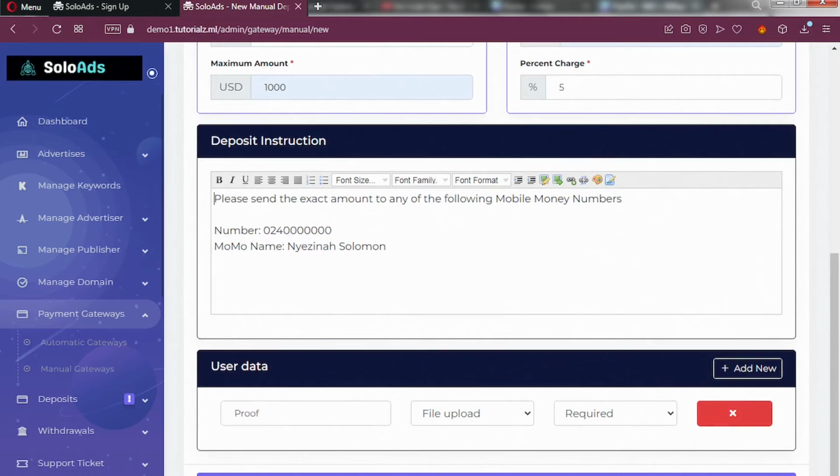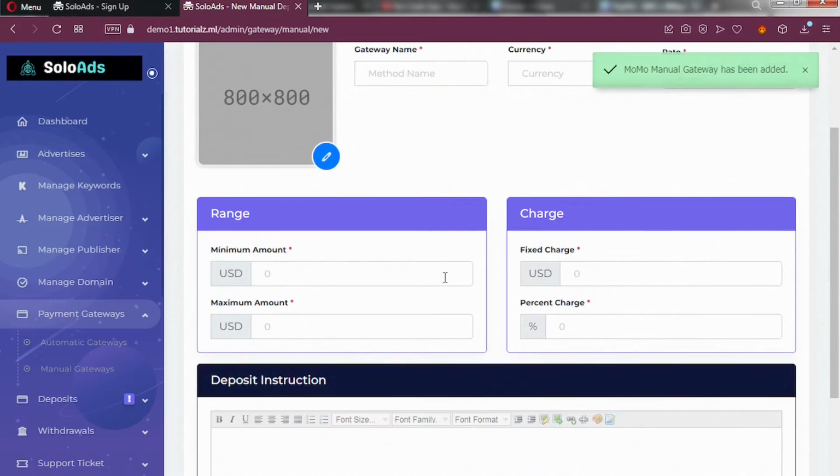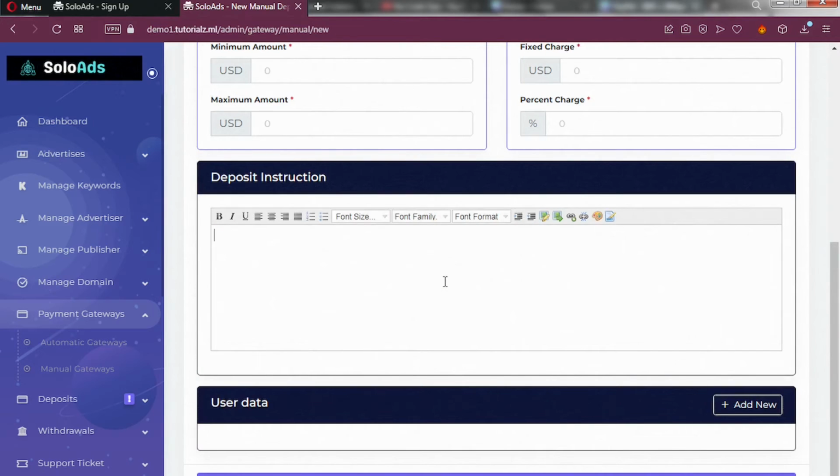Okay, and then click on save. Okay, so Momo manual payment gateway 2 has been added, and the proof field will get entered is what is